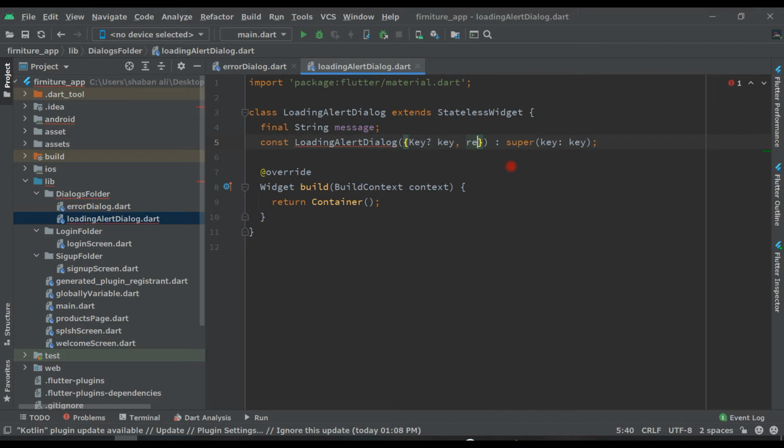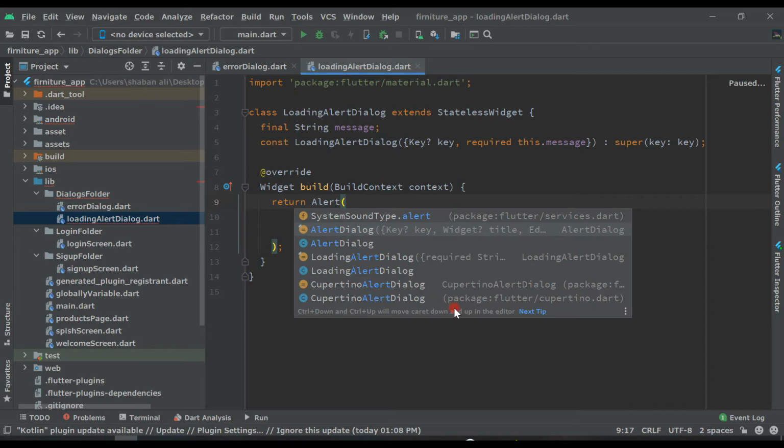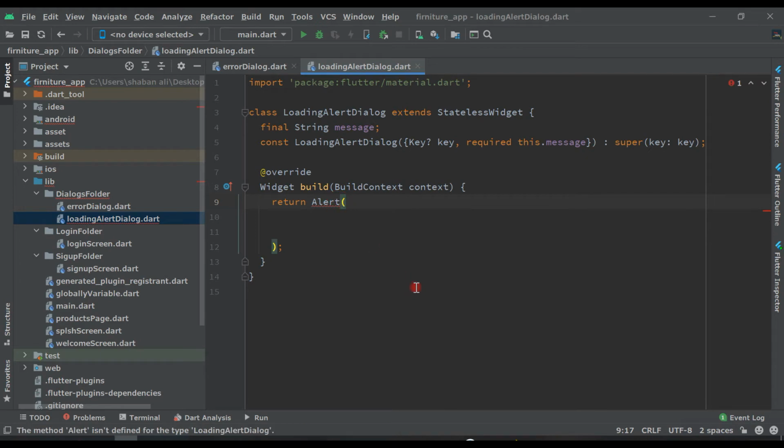Here we require this.message. Then, instead of returning Container, return AlertDialog, and the key will be key.